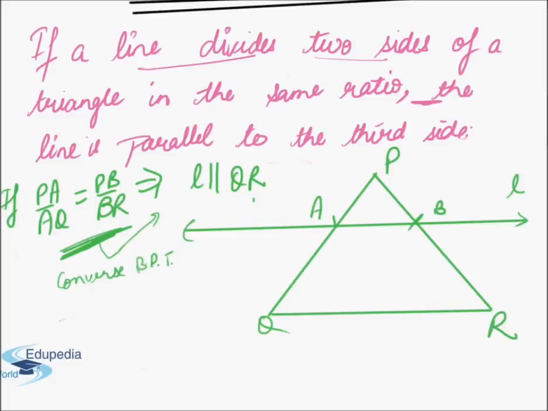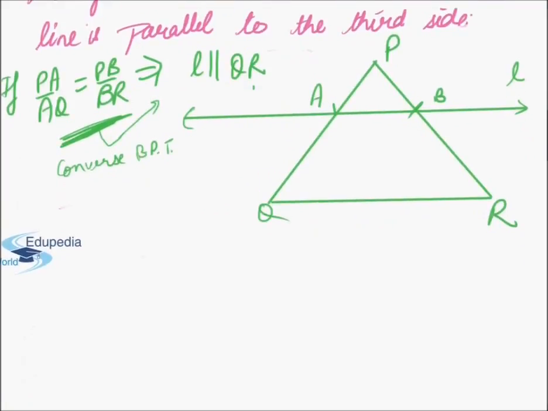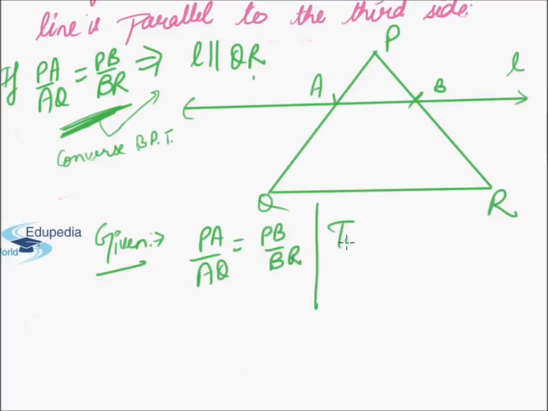Now let us derive, or give a logical viewpoint to, this statement. We are given PA over AQ equals PB over BR. We need to prove L parallel to QR. So, in the proof part,